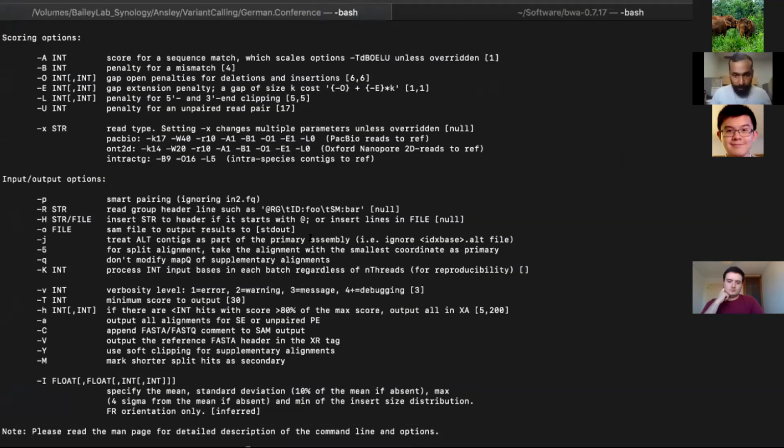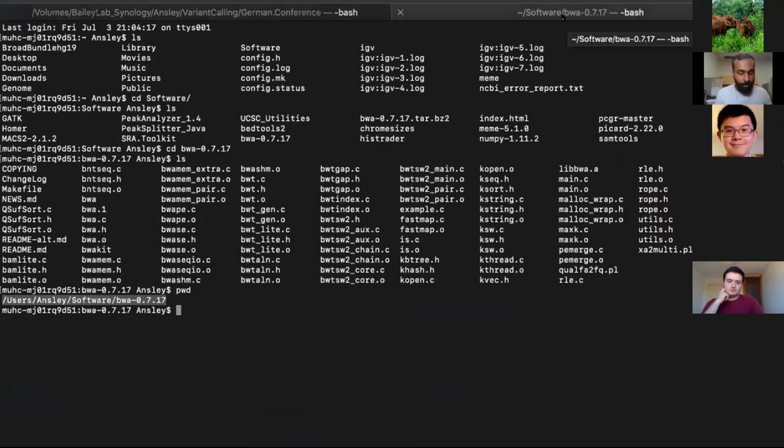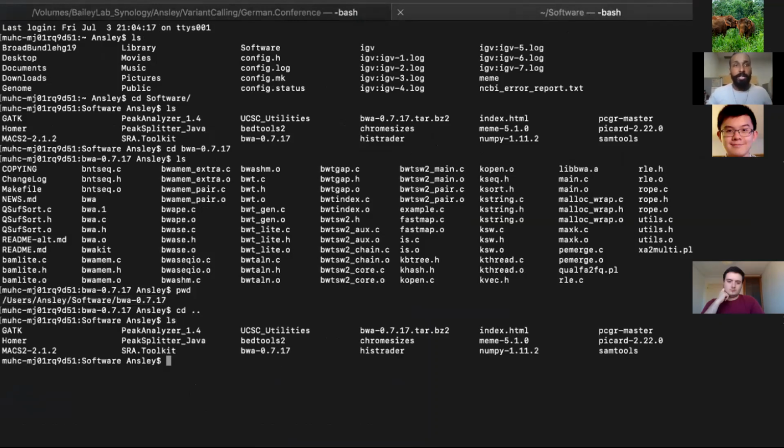So we're going to do BWA mem. We're going to put our indexed reference genome, which I've sent to everyone. And again, we need to put the path to that file. So I'm going to go back. I'm going to find where I saved my